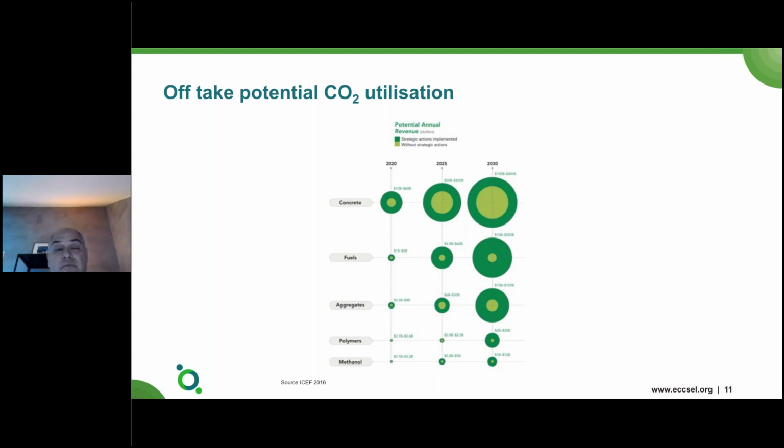So you need to look into the market and where the value is, where you get the highest value for your CO₂. At the moment, I think that is the sustainable aviation fuel market, because there are not that many alternatives. So if you can produce sustainable aviation fuel based on CO₂, or methanol via the CO₂ route, then there's a potential for large offtake and a nice